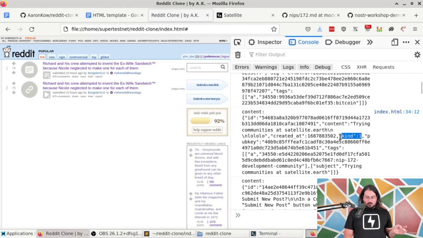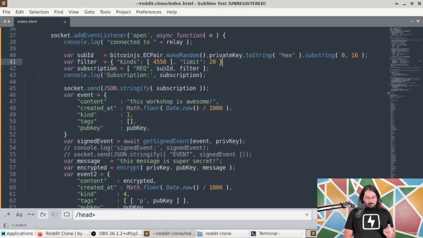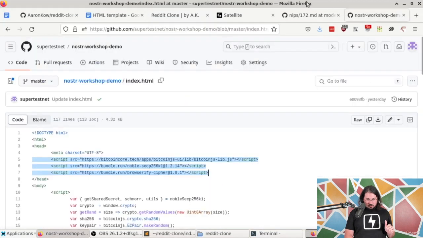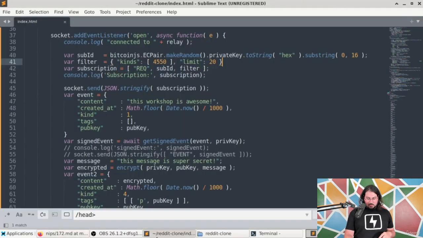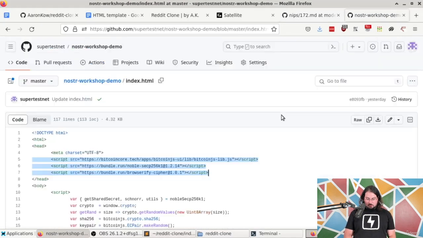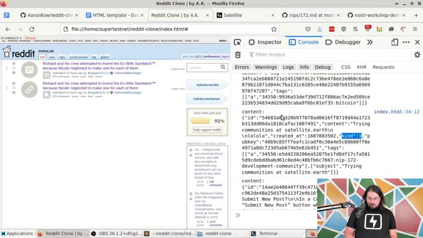So these are the things you kind of have to be aware of. We requested 4550 events, and we did get them, but wrapped inside them, according to the specification right here, is the post that they're approving. And that post is a kind 1 event, which is why we're seeing those right here. So that's good. We are seeing posts for